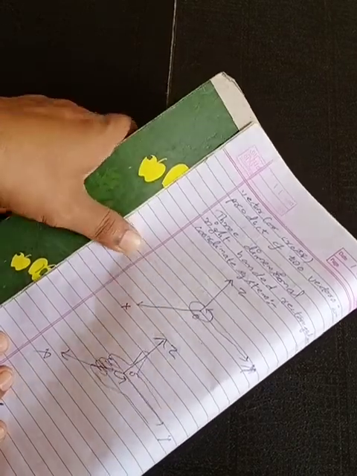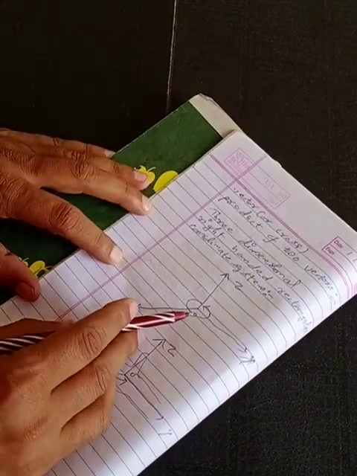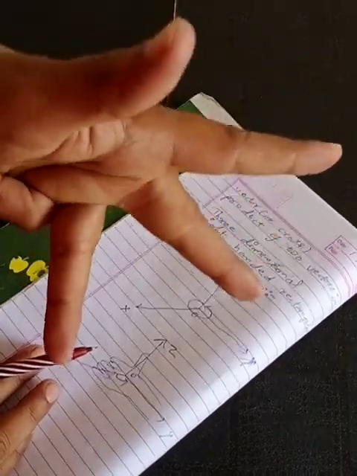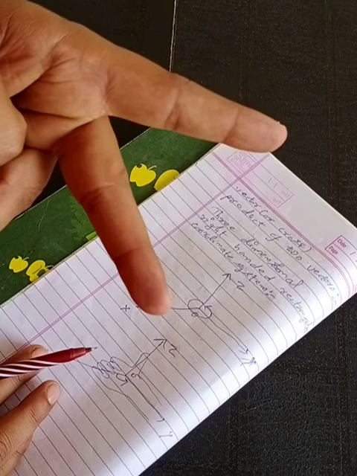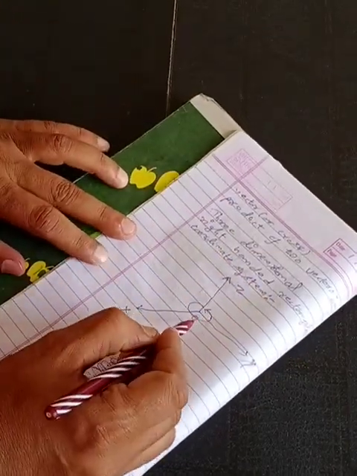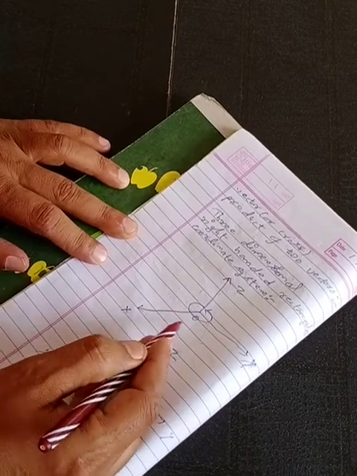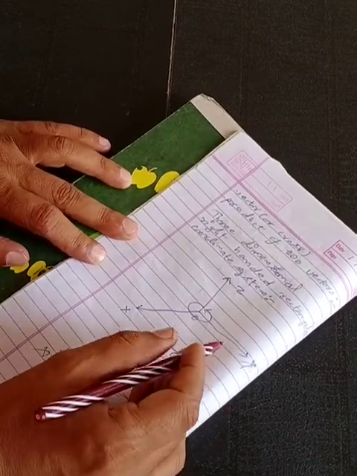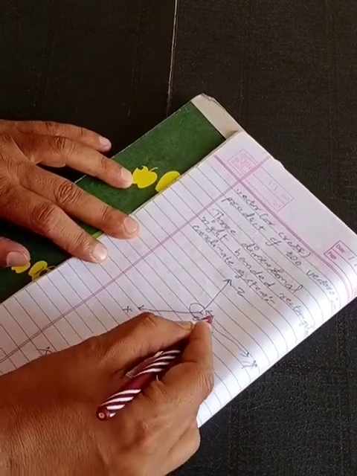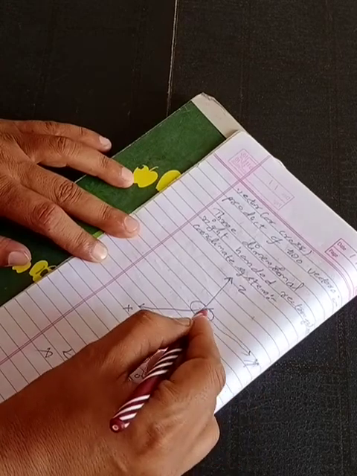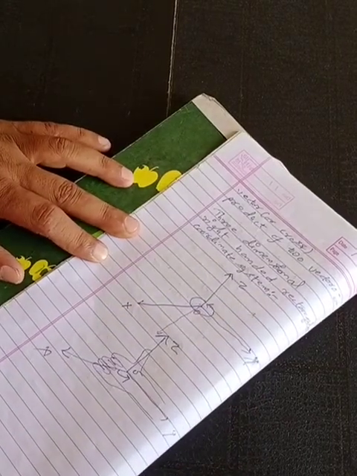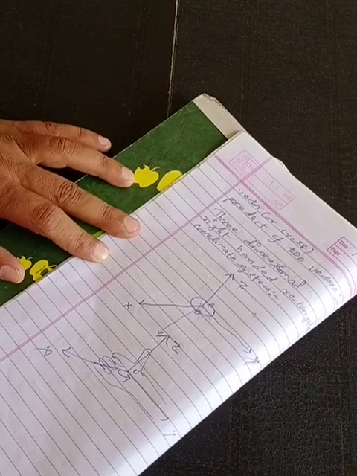All of you know what 3D is. This is 3D coordinate geometry. Here three axes are perpendicular to each other like this. This is the z axis, OZ is the z axis, OX is the positive x axis, and OY is the positive y axis. The negative y axis will be here, the negative x axis will be here, and the negative z axis will be here. So this is our rectangular coordinate system.